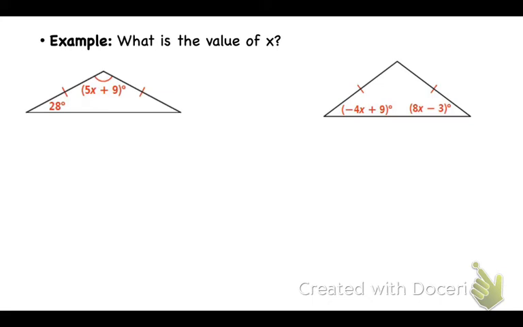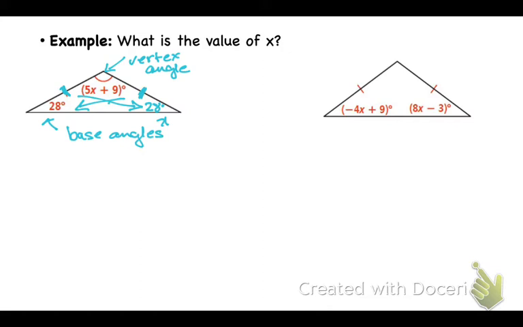So I just gave you a theorem that says if the two sides are congruent, the two opposite angles are also what? Congruent. So what is this angle over here? 28. So the two base angles, base angles are here and here. And this is called the vertex angle. So if I know the two base angles are 28, and I know the top angle is 5x plus 9,